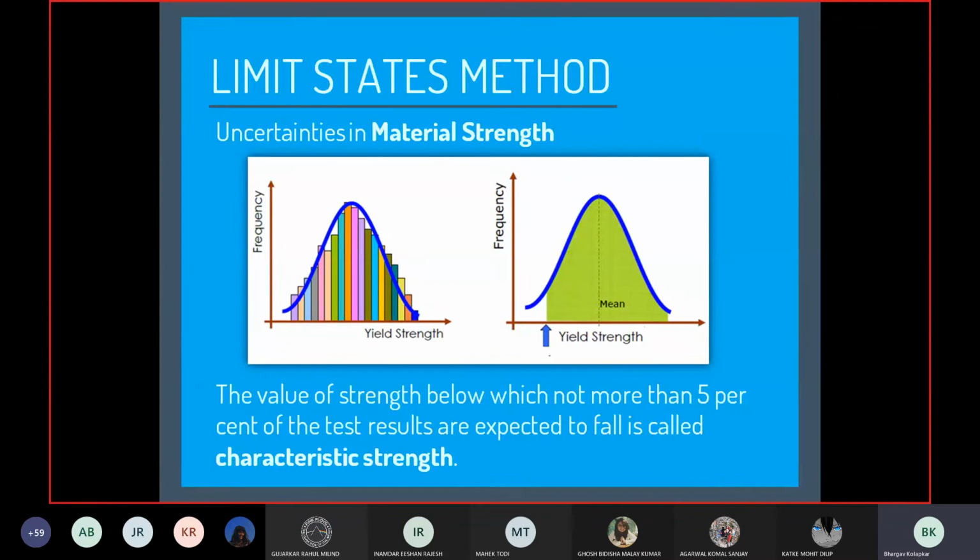So when we say that concrete is M40, 40 is undoubtedly the compressive strength, but 40 is the characteristic compressive strength. Okay, we have looked at this example before, but let's try again to understand it better. Say I want to design a concrete that has a characteristic strength of M40. What it means is that